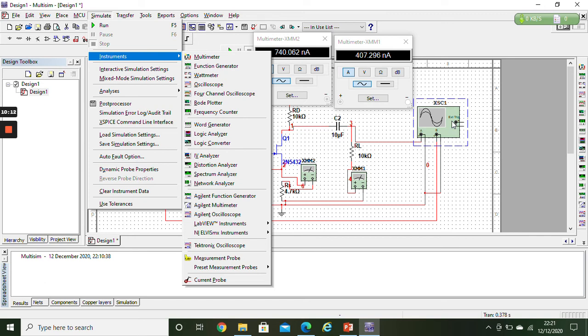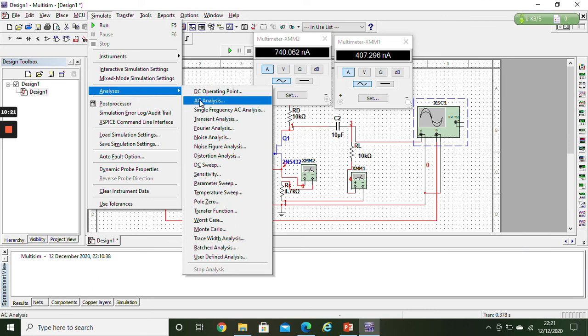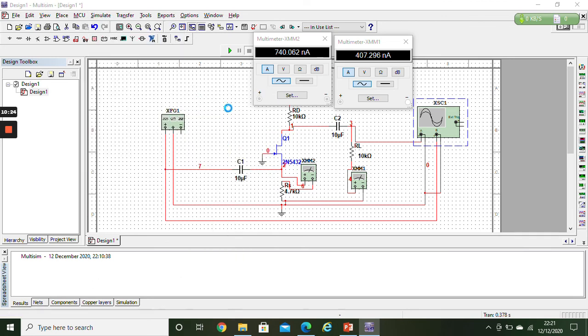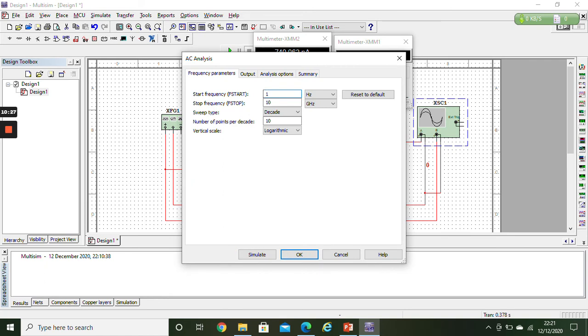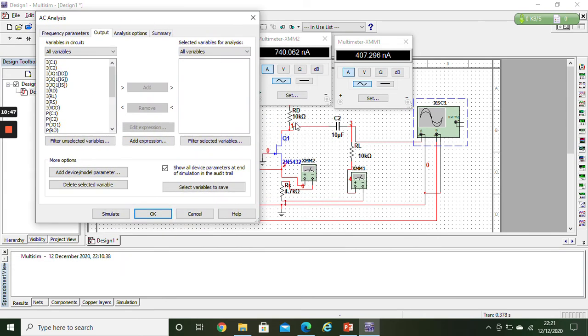In the manual version, okay, you will perform this manually, but plus here you have a rough sketch, and it will also calculate values for you, right? You can add it, okay. You are starting with a frequency of, let's say, a very minor frequency, so many hertz, and you are stopping at a frequency of 10 gigahertz, which is a large value, right? And you are going for decibel scale, and you want the output of, what's your output? Your output is across terminal number 3, so it means V3, right? Add it,